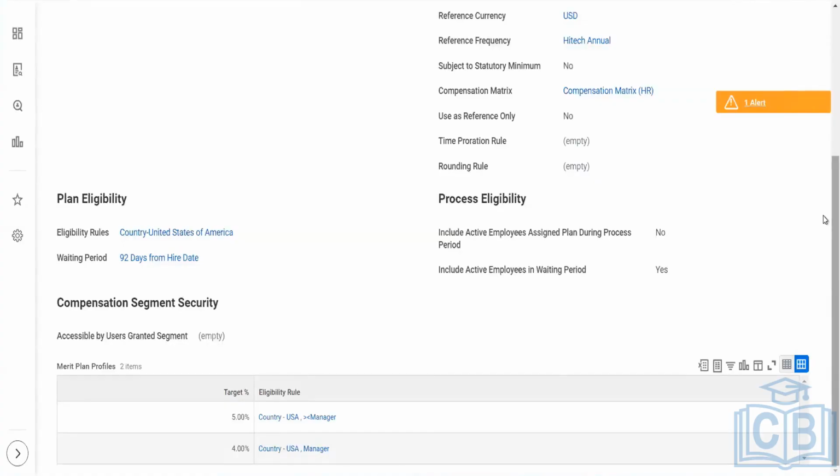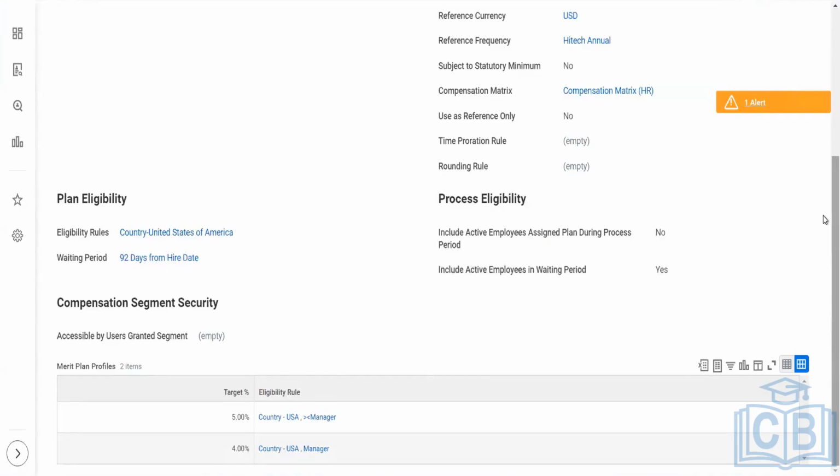Correct? That's how mainly we carry it, right? Because here we are talking about on-cycle and off-cycle. Off-cycle works in a different way from on-cycle. On-cycle will go through the merit process that we have. Talking about the off-cycle, there are normally multiple ways by which we can do it. Sometimes it is run via EIB, right? In some scenarios, if there are individual employees, then we can do a change job and start a promotion event that is available over there.